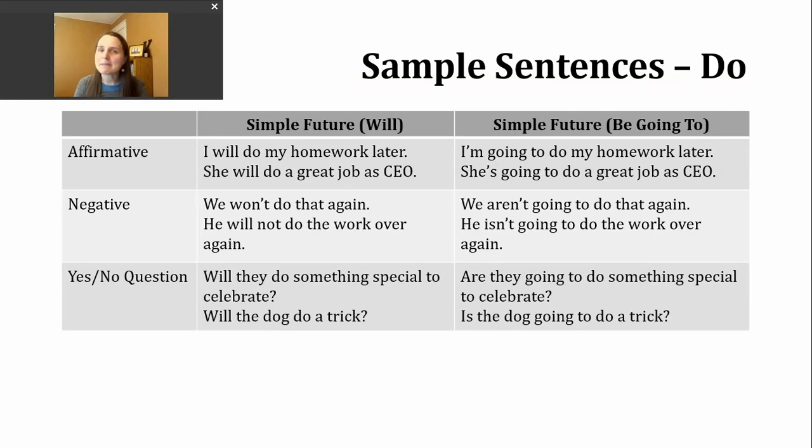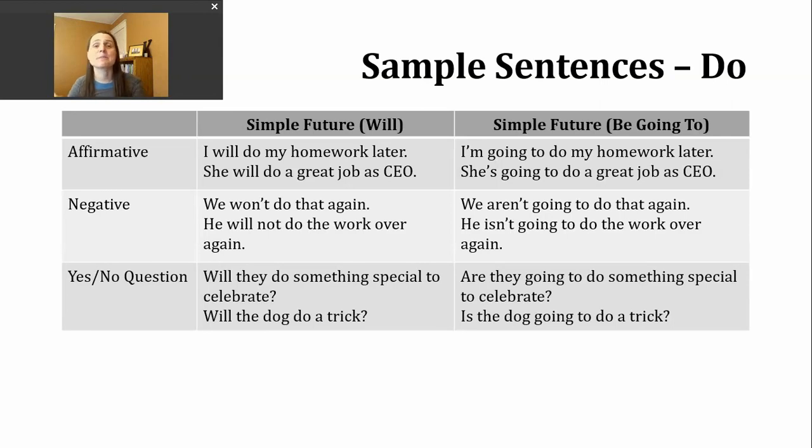So it might be helpful to do a quick review. Generally speaking, we tend to use will when we're talking about facts, so something that will be true in the future. We use it to make predictions, what we think will happen. We use it for quick decisions, where we haven't made a plan, but we just spontaneously decide to do something. We also use it with offers and promises. So think of I promise to do something, right? Think of that with will.